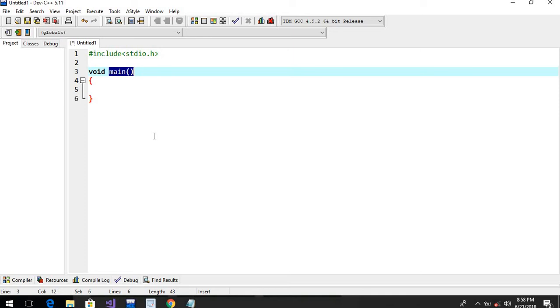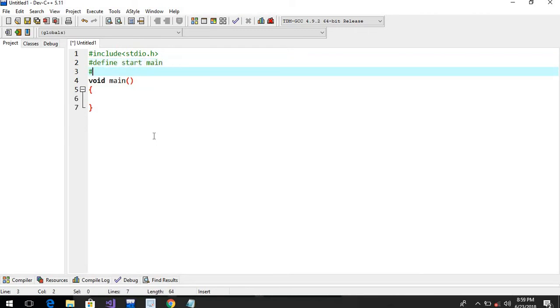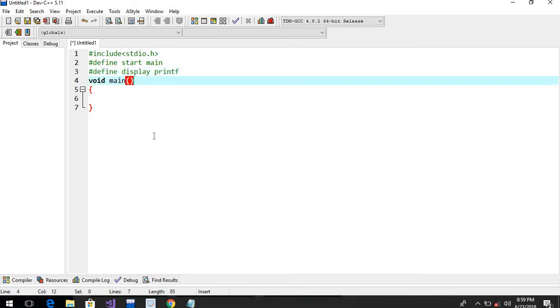So for this we need to define a preprocessor directive, #define. I write here #define start as main, or #define. I will take here display as printf. Now see, we need to write here only start,